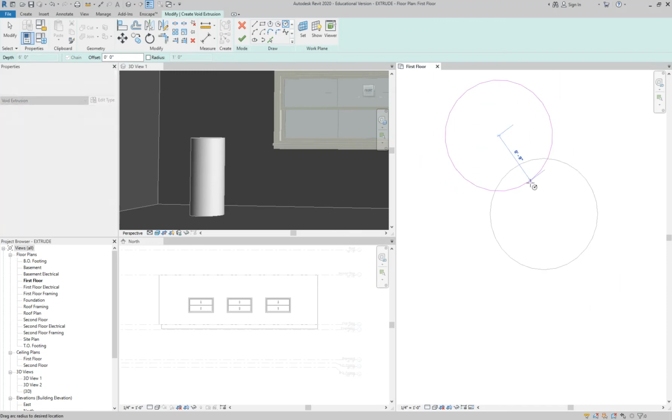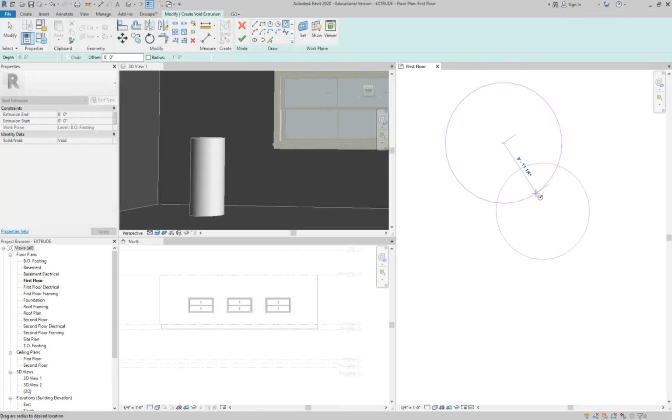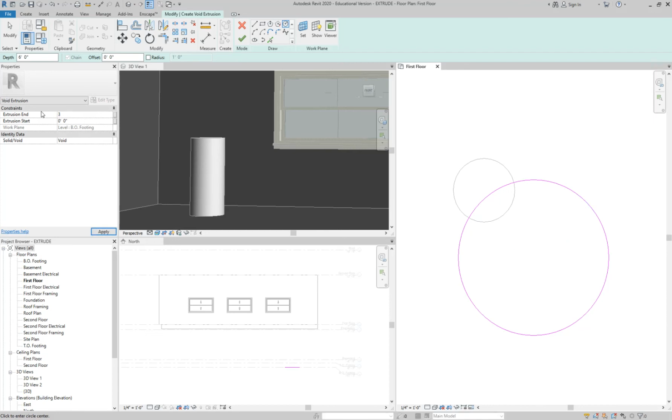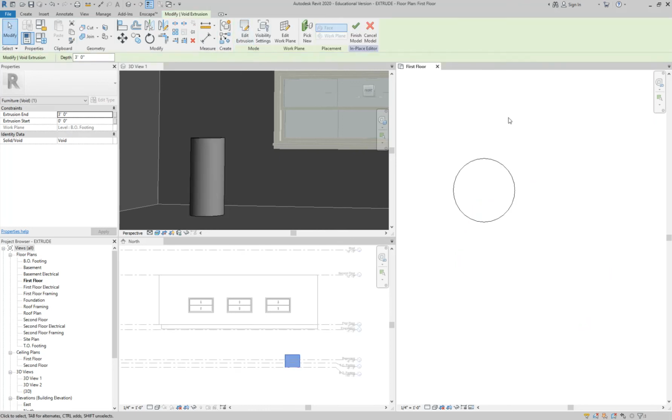What I'm going to do is put my void extrusion outside of it so you can see where it's being cut. And I think I'm actually going to do it here. So right now, this whole thing is my void form. And if I only make this 3 feet tall, you'll see that it'll only cut half of it. So this whole thing is basically something that will cut out of this form. So when I hit the green check mark now,